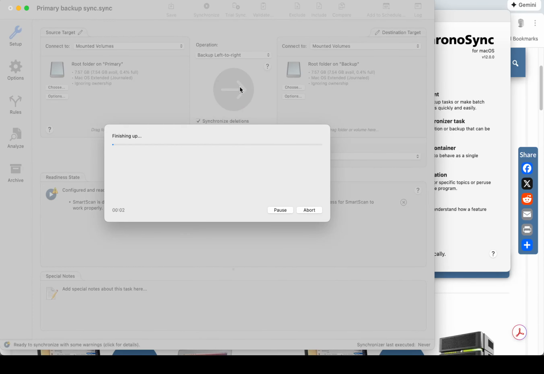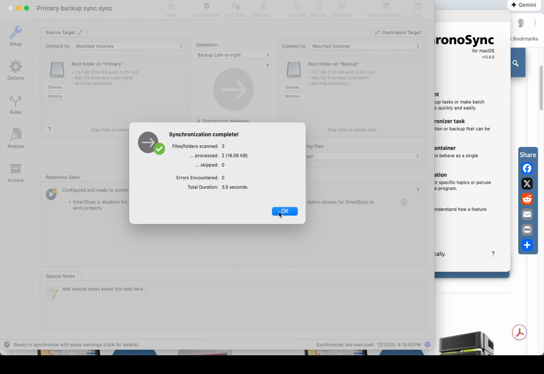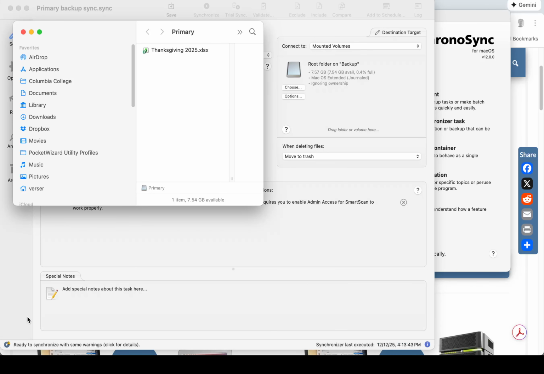It will run through this, and it'll say, okay, we are done. Everything was fine. No errors were encountered. If there was an error, it'll actually put it up into a log and explain to you what happened, what the problem is. If I go out onto my Finder now,